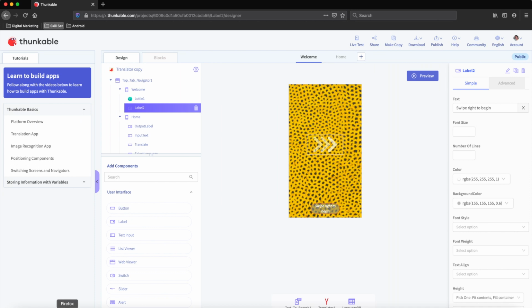Alright, so once your app is finally ready, what you're going to do is click on download Android. Alright, now I don't have access to iOS as a developer at this point, but if you guys